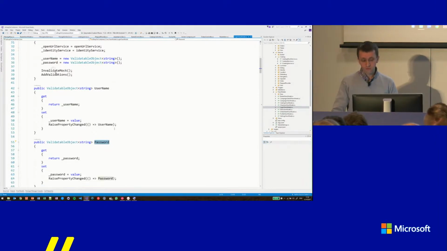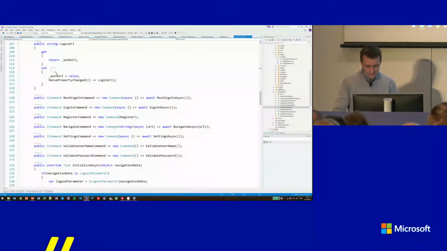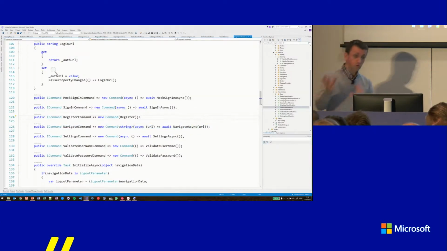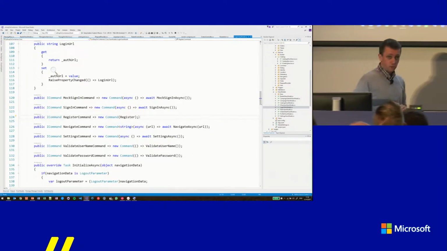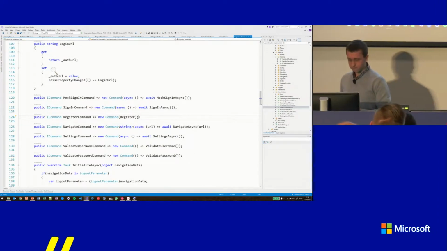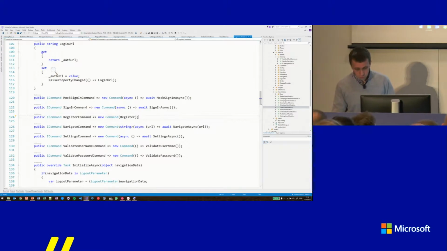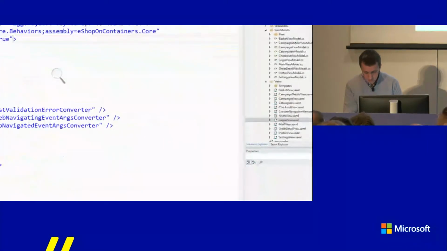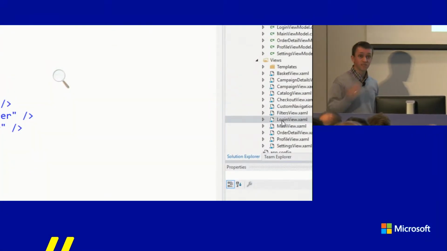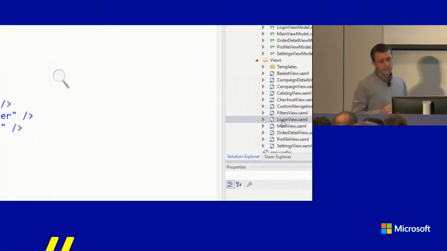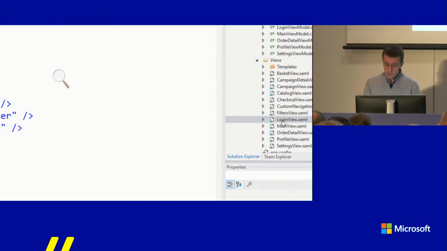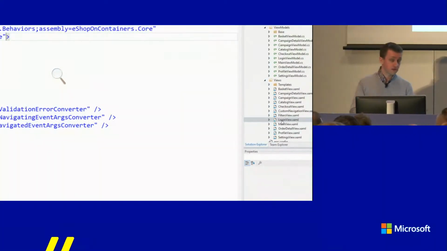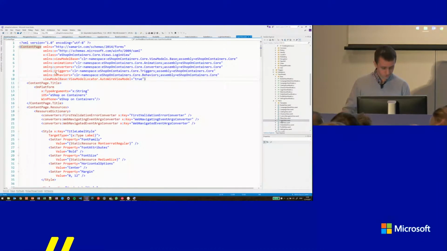The next thing that the view model also does, it's actually exposing commands. As you can see here, we have a sign-in command, we have a register command, things which will also be triggered when we do something in the UI. We'll take a look at commanding in just a second. And then my views will be binding somehow. We'll still have to look at that. They will be XAML pages, because it's Xamarin.Forms. The entire UI, almost the entire UI, is going to be shared. So also the view pages are going to be written once and used across iOS, Android, and Windows Phone, or